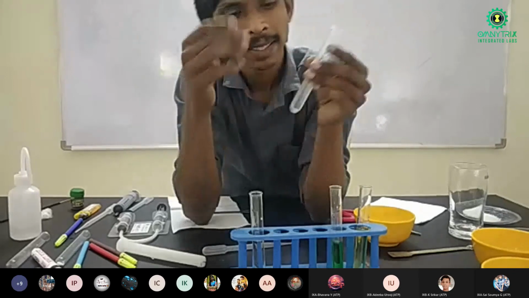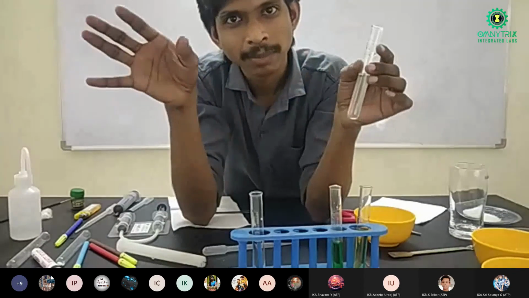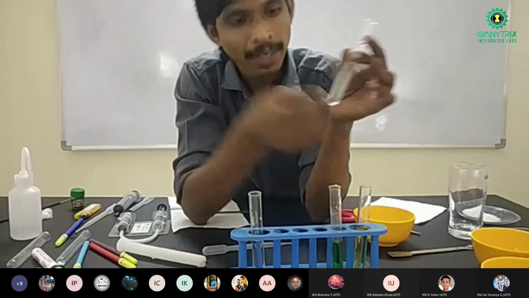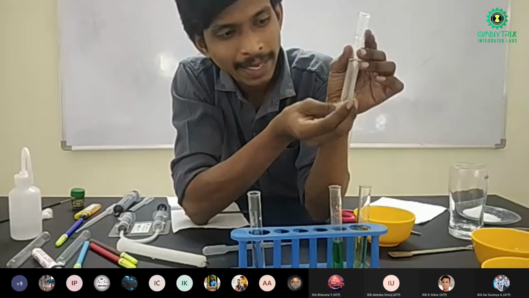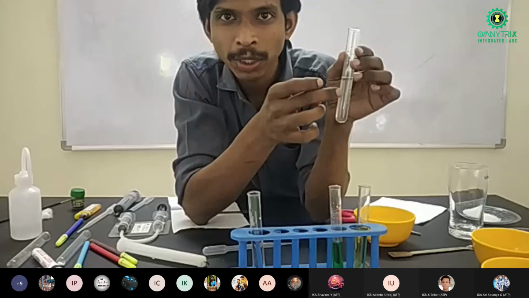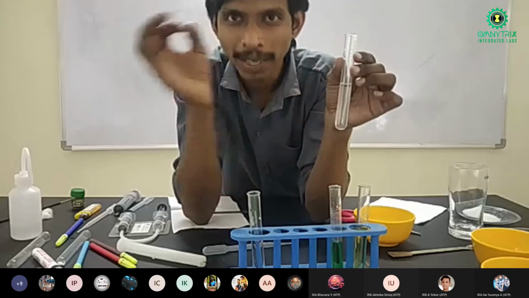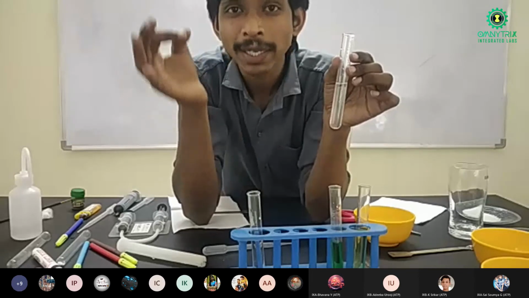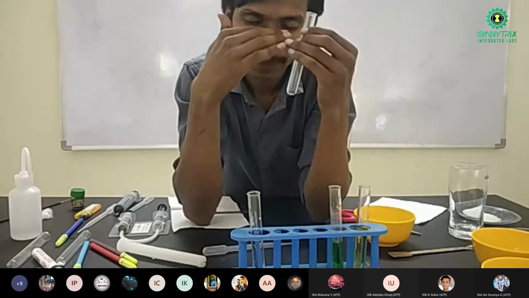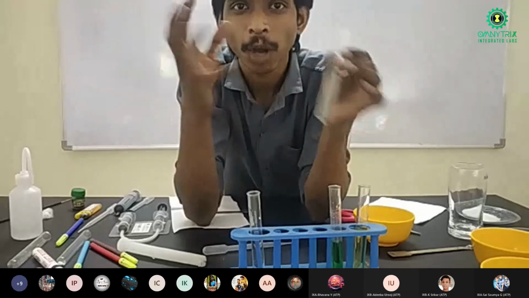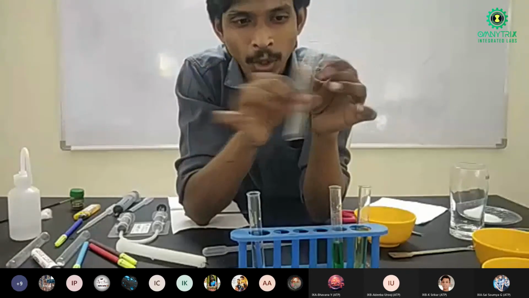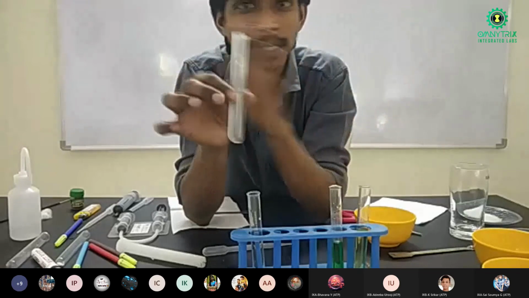It means now the solution is saturated. That's it. No more salt can be added. Now, if there is leftover salt or any solute present at the bottom, not dissolving in the solution, then this solution is called a saturated solution. It means it has reached its maximum capacity of dissolving the solute. Apart from this, it can't.